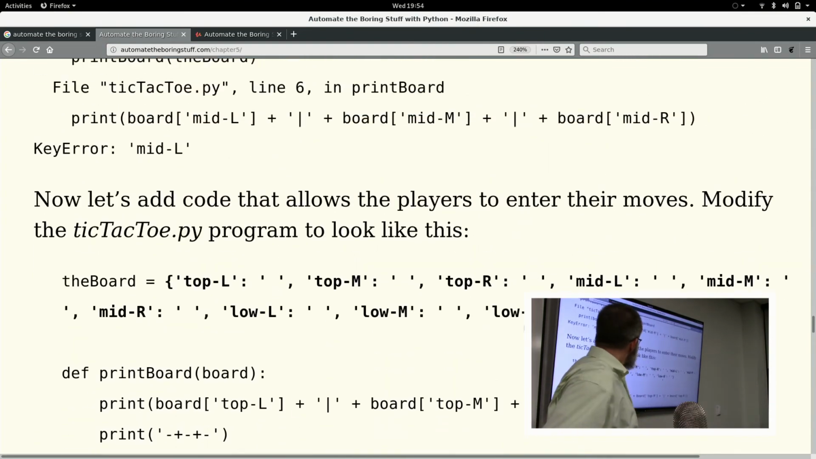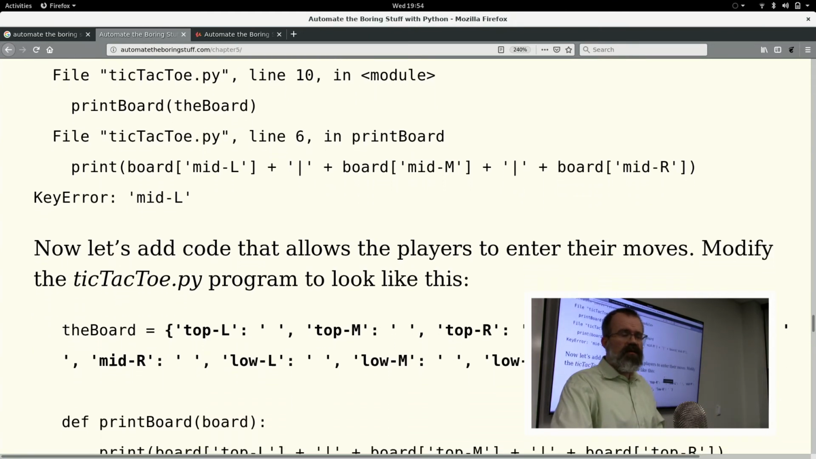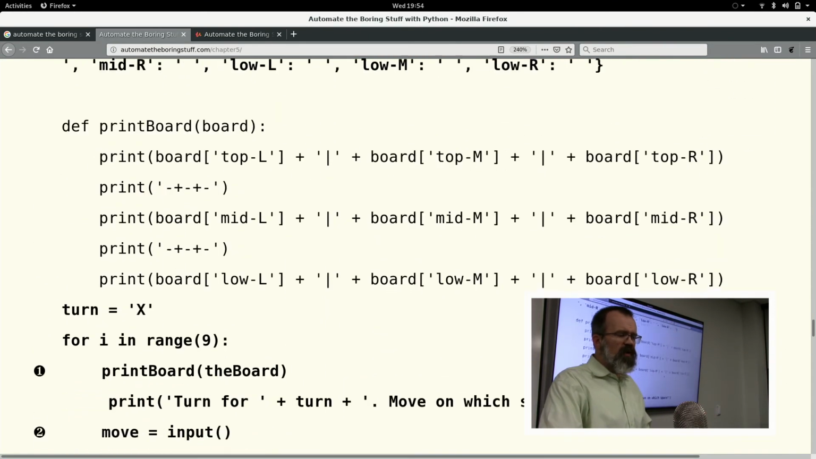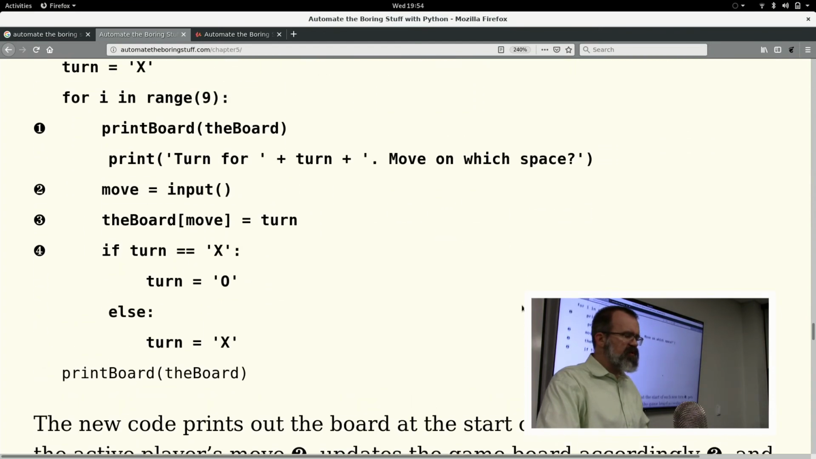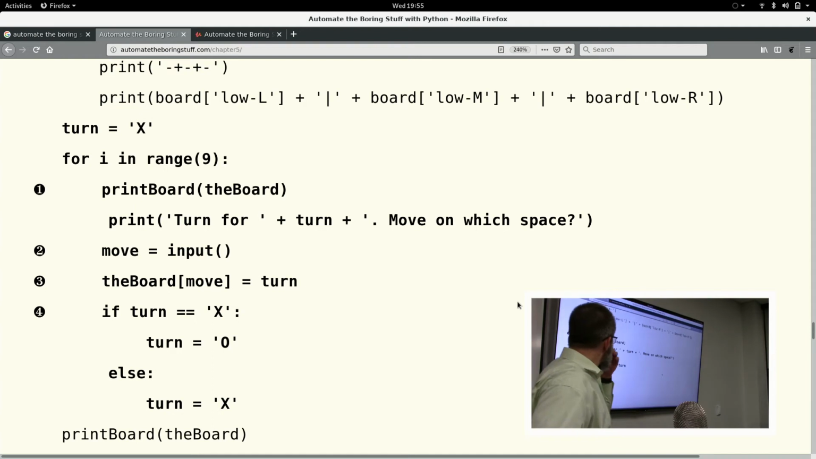Likewise, he could have updated his print board in some way to where if it didn't see the key, it would just assume that there was a space. There's no correct way to model something, it's just important to keep it consistent. So now what he's going to do is basically say,